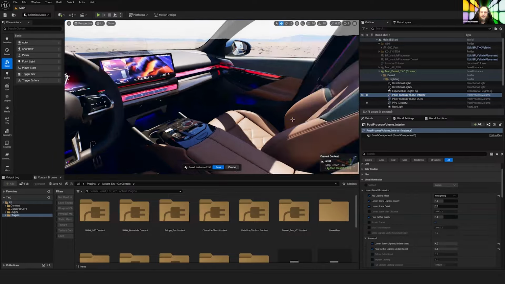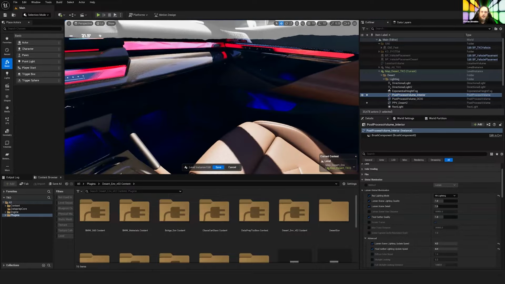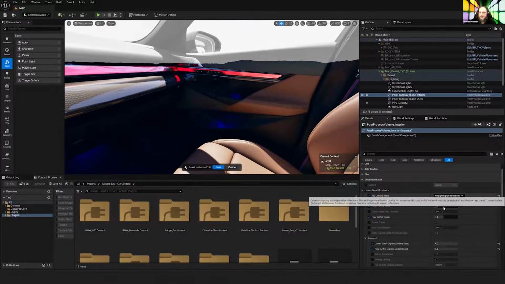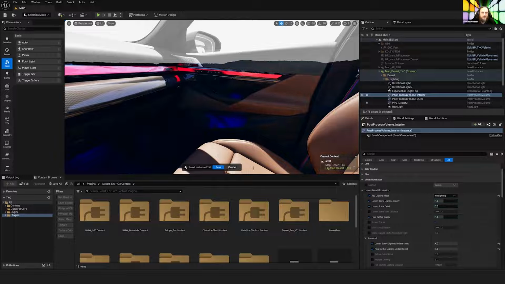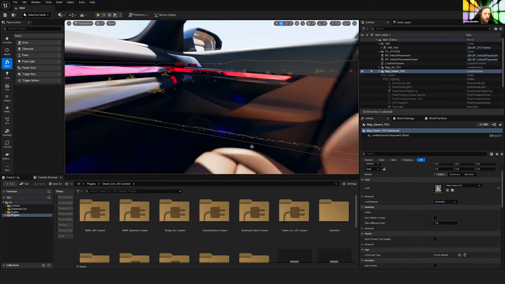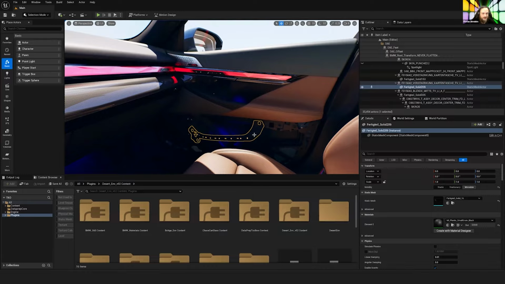It means that we get proper emissive GI ray traced from our emissive lighting. I'm not doing that because of my 3090, and it's not great on my 3090 in 4K because it obviously has a performance impact. But the last thing I want to show you guys, so this is not,